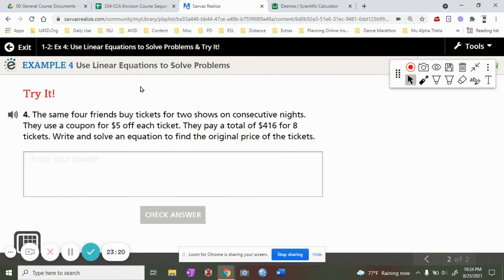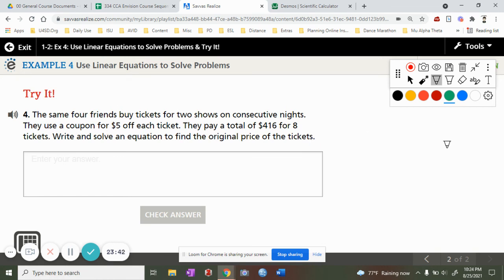The same 4 friends buy tickets to 2 shows on consecutive nights. They use a coupon for $5 off each ticket. They pay a total of $416 for 8 tickets. So if you remember on the previous screen, they made a table where they had the